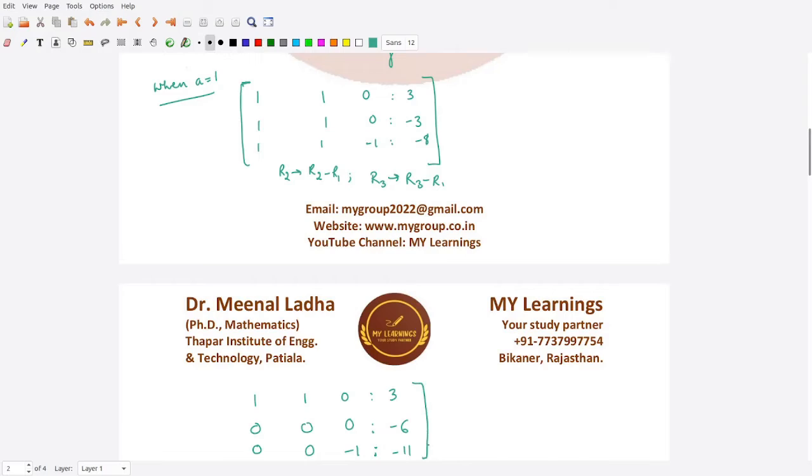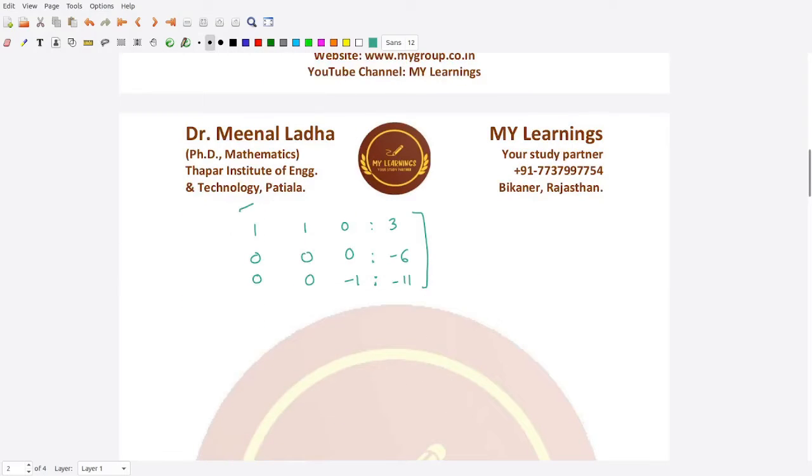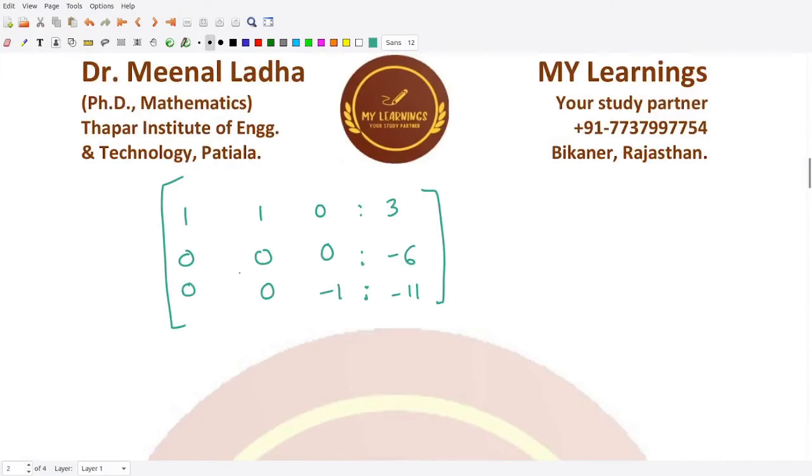So this is the matrix after applying those row operations. Now you could see, and this is not exactly in the echelon form, but you could see here we have a 1 0 row. So that means from here we could estimate the rank of the matrix A. So from here you could say that the rank of matrix A is surely less than 3, as we have